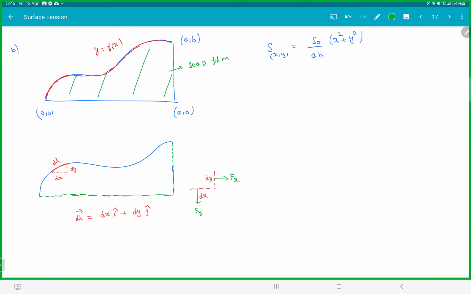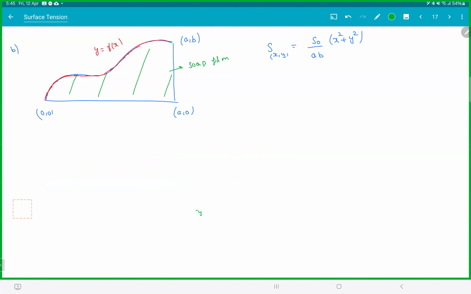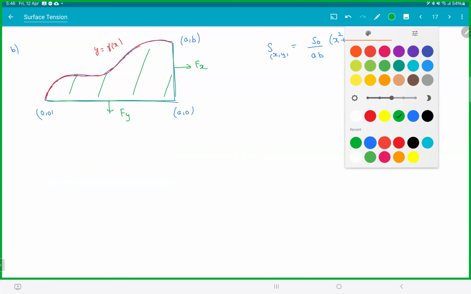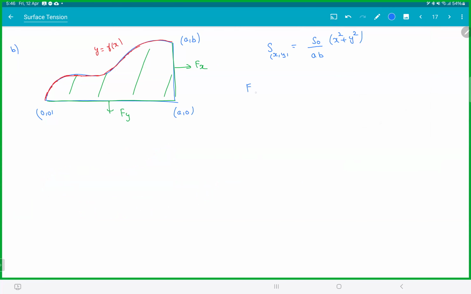Let's not use double integration. Let's do it normally. See, another way to do this, right? If you take this horizontal and vertical, we will try that also. So if you take this full curve, then we'll have three forces here. This is your Fx, this is your Fy. So on the total curve, we can say F net is nothing but the force on the curve plus the horizontal force Fx plus the force on the vertical Fy. Total should be zero because the net force on the frame is zero, because the whole thing is internal. So therefore, we can say the force on the curve